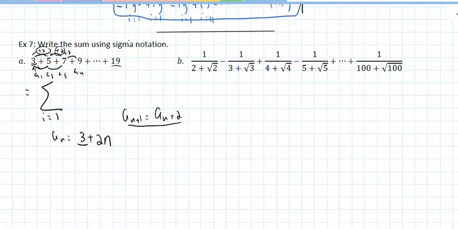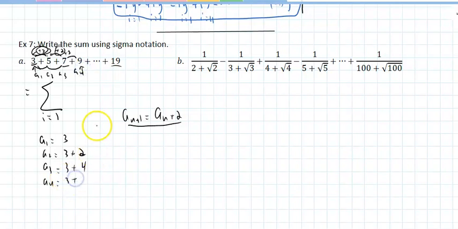Well, not quite. So this is what I'm going to do. We're going to derive the arithmetic formula right here. We're going to say, look, a sub 1 is 3. A sub 2 is 5. But we said you added 2, so you took the 3 and you added 2. A sub 3 is 7. We said you added another 2, so you took that 3 and you added another 2 to the 2, which is 4. A sub 4, you took the first and you added to that